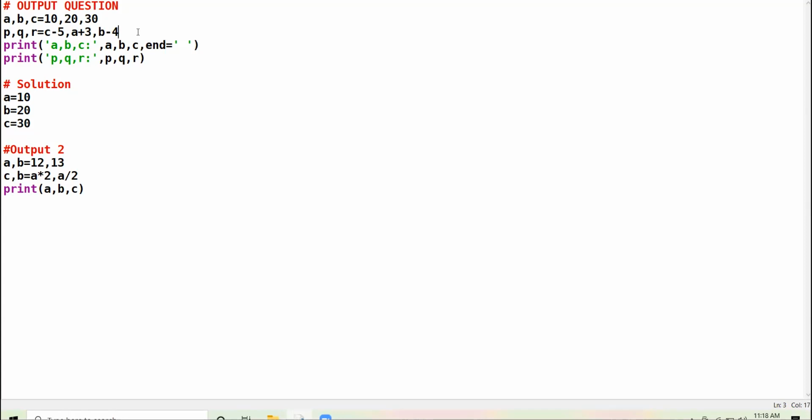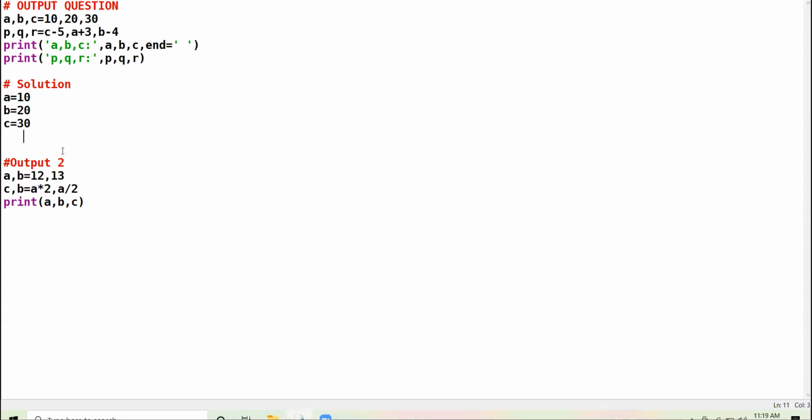Now coming to the next statement. Listen to the rule. First of all, solve these expressions on the right hand side. Then assign the values to the variables on the left hand side. C minus 5: C is 30, 30 minus 5, 25.